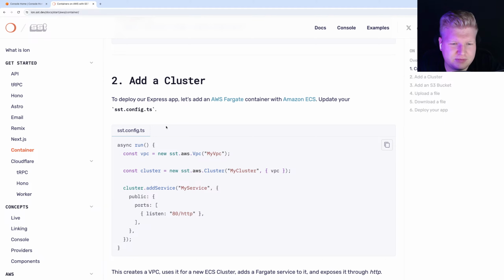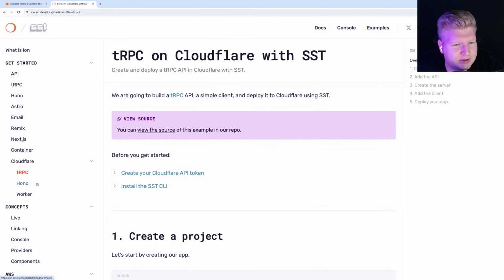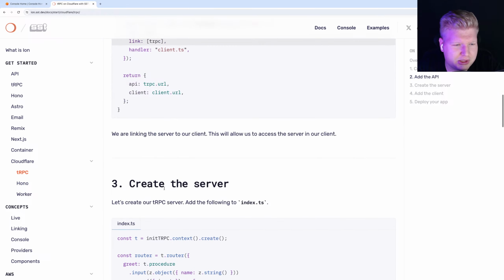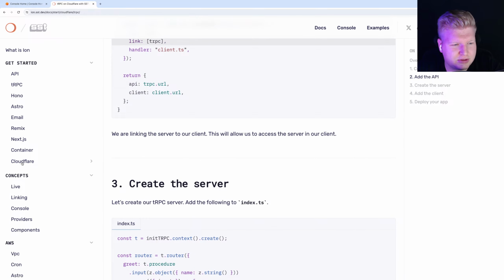So yeah, this stuff like CDK and SST, they open up a new possibility. Suddenly you can share your code not just between your front end and back end, but even with your infrastructure, which of course you're not gonna share the functions and stuff, but just sharing the constants with static type checking, that helps a lot. Yeah, you can see they even have CloudFlare support here. I'm not gonna try it today, but yeah, it's also a great option.